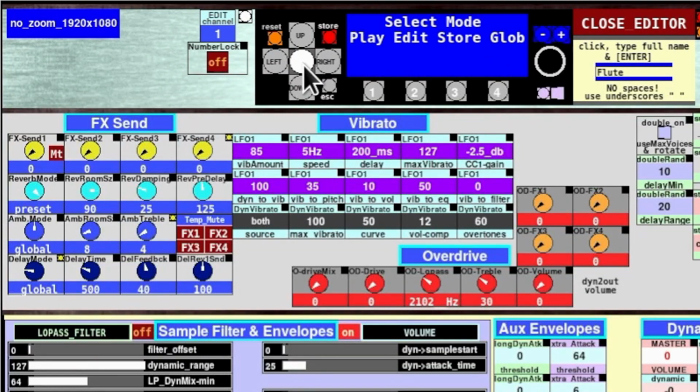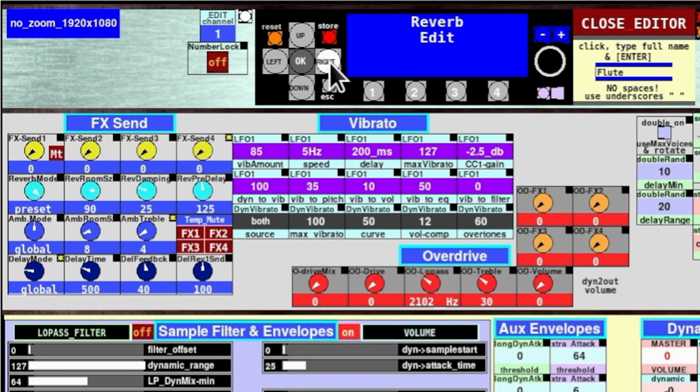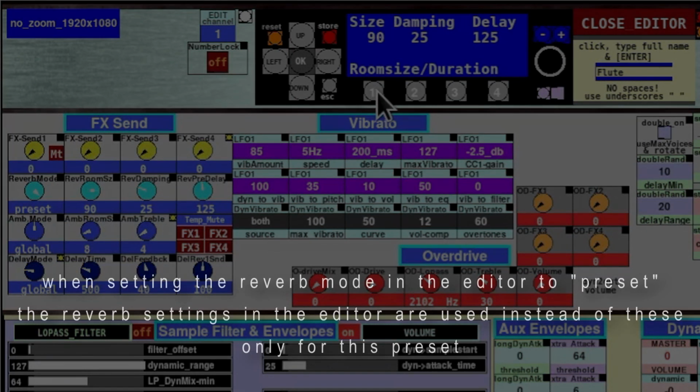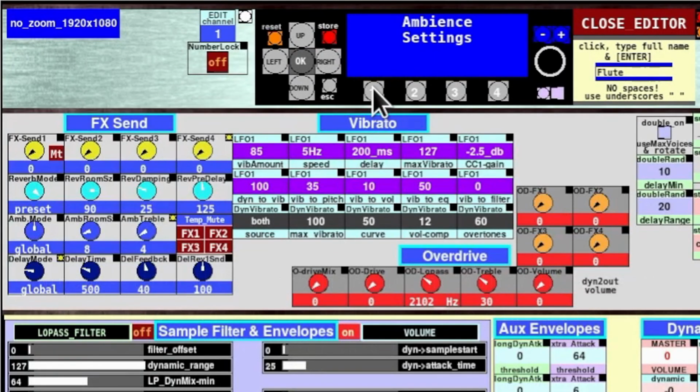We're going to global and 4 times to the right, and we get to the reverb settings. This is where the reverb comes back, so we have the return volume here. We can turn the reverb on and off, and we have the choice of different presets for this reverb. And if you keep going to the right, we have the reverb parameters, so we can set the room size, we can set the damping, and we can set the delay. The same thing is valid for the